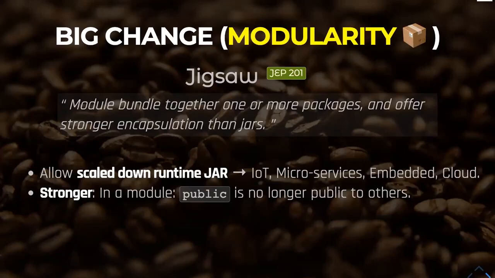So what to worry about if I would like to migrate from Java 8 to whatever the version I would like to migrate, at least Java 11, because this is a long-term support, or Java 15, for example. So you have to worry about only which tools and API we have removed and deprecated. That's it. Not about migrating to module system. Only migrate if you would like to migrate.